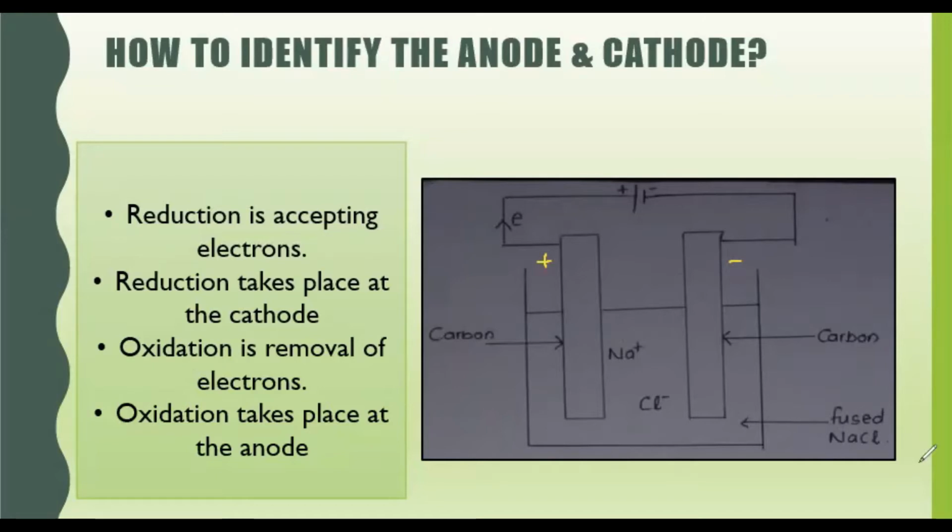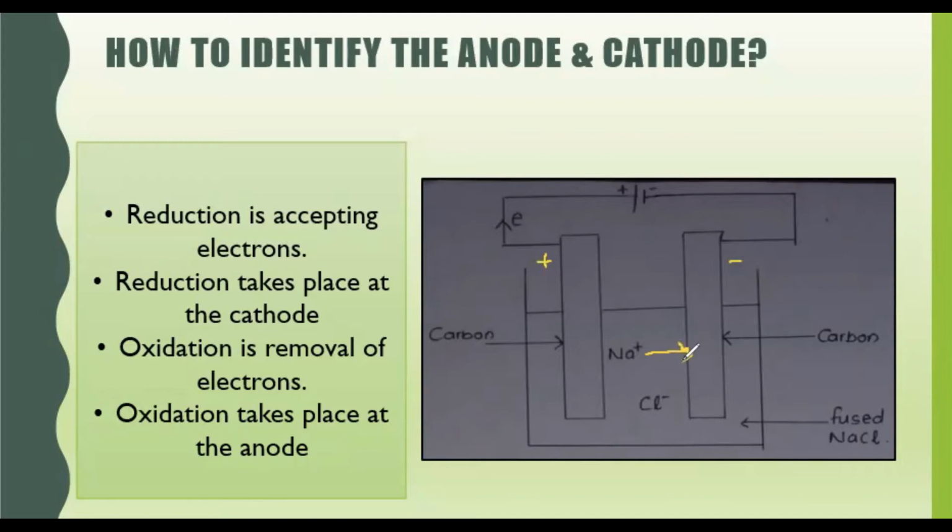So now here we are using fused sodium chloride as the electrolyte. Okay, when we are supplying electricity, what happens? This NaCl breaks into two. It breaks as Na+ ions and Cl- ions. Now in the solution, Na+ ions and Cl- ions are present. As I told you before, the positive gets attracted to negative always. So what happens? This Na+ ion slowly will move towards this negative electrode. This sodium will move towards the